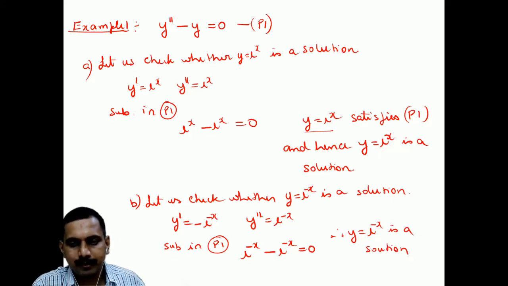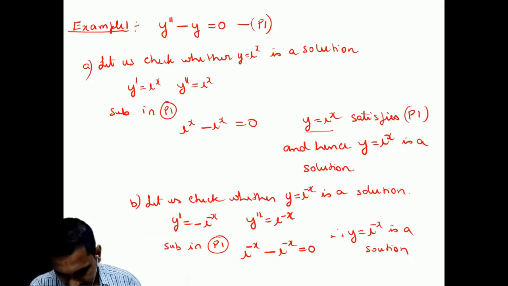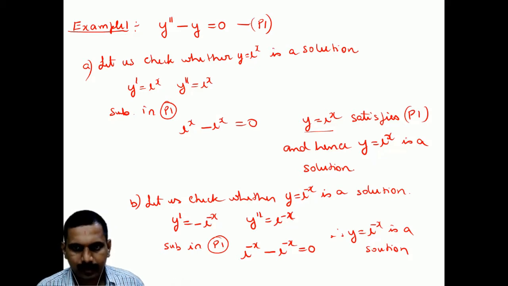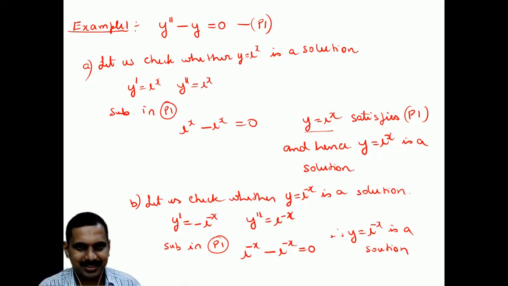So we have two functions which are solutions of the same differential equation, okay. y is equal to e power x as well as y is equal to e power minus x, both are solutions. So let us do our experimentation a bit further. Have you written this down, students? Write it down and let us check further, okay. Our experiments are important for us, is it not? And then we will have an inference from these things.